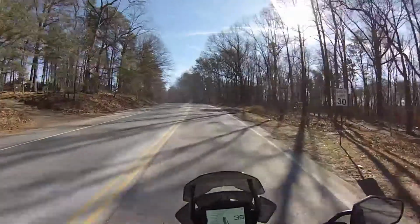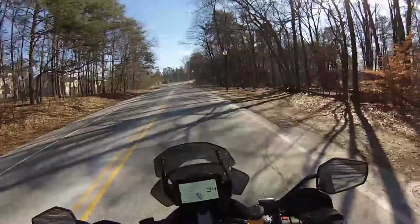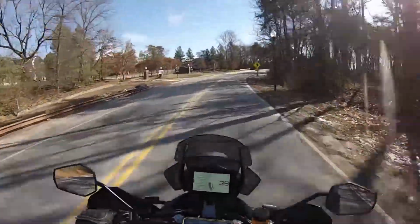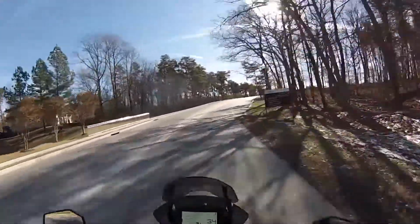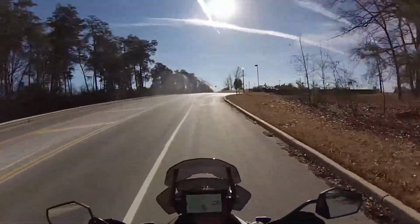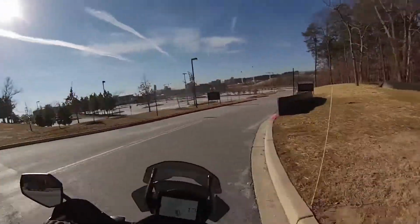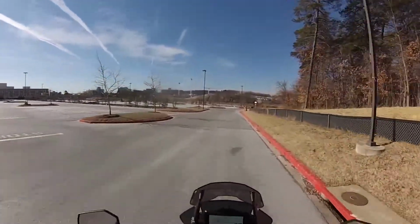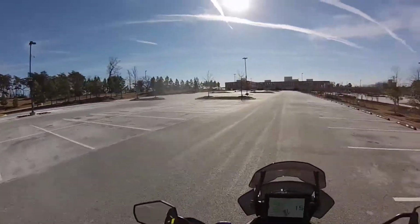Oh, so much power. 1300 ccs on this 2017 KTM 1290 Adventure R. Oh, I was super excited to buy it. I got a great deal. I was so happy. Sadly, I had to finance it, but it's currently the only thing I'm financing. But the dealership was able to give me a pretty good rate. Yeah, 1.99% interest, so over the life of the bike, I'll only end up paying about 800 bucks. Now, the bank that I went with, that's a whole other video